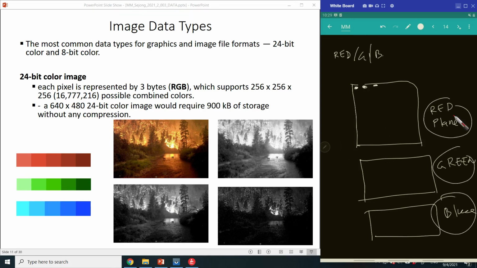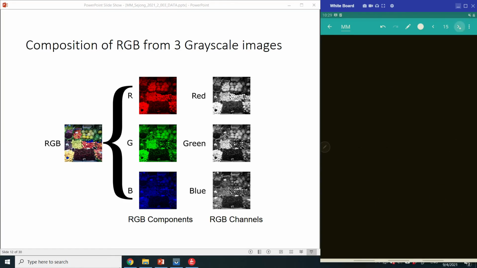And this red plane is basically a gray level image over red color, and this one is also a gray level image over green color, and this one is a gray level image over blue color. So this is the thing that we are trying to say. So that means this is an RGB image, and if we just divide it into the red plane, green plane, and blue plane, it will look like this. You see, red, green, and blue. So using these three components, called the RGB component image, you are basically constructing